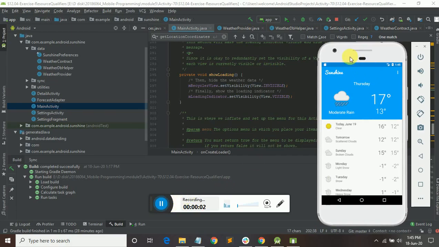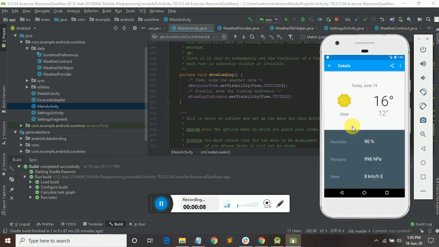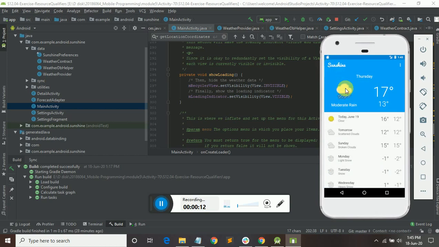If this is a Sunshine project, the main purpose of this project is that the application shows the weather conditions, like moderate rain or how it will be. You can see here our date, 18th, and the day of the week, Thursday. Today is a Thursday, and what is the temperature, and how is the temperature, this mode and